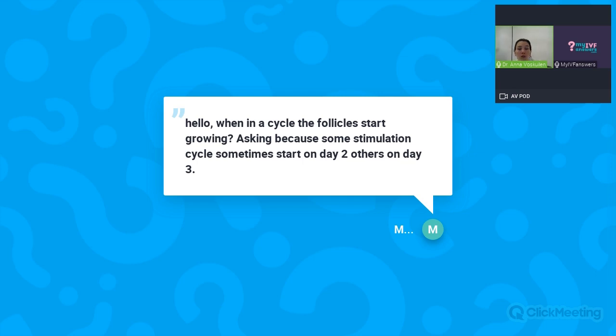We start on day 3. So it's something that is not absolute. We don't have just one day in which these follicles start to grow. So that's why, more or less, between day 2 and day 3, there's not a big difference. I think it depends a lot on the ovarian reserve of the patient and on what we want to do. So with insemination, I would start day 3, and with someone that, for example, wants to do an IVF with a low ovarian reserve, I would start at day 2, to avoid asynchrony of the follicles and things like that.